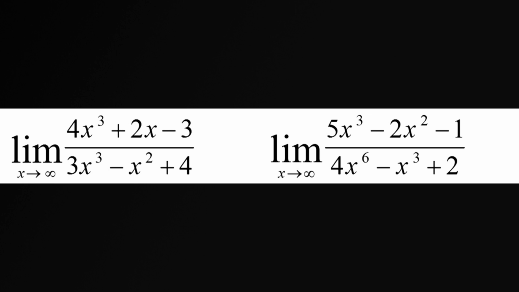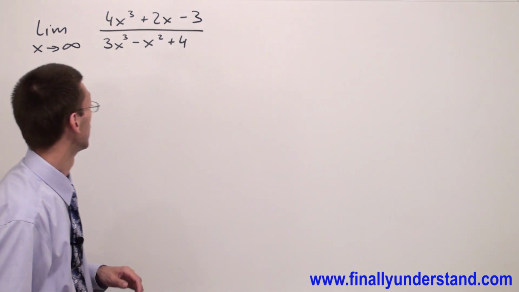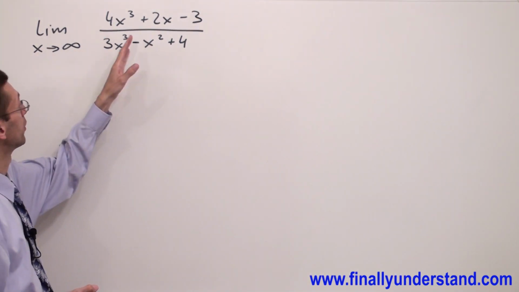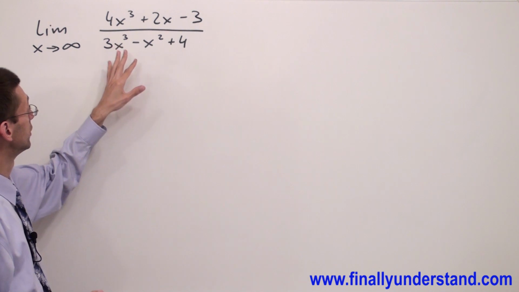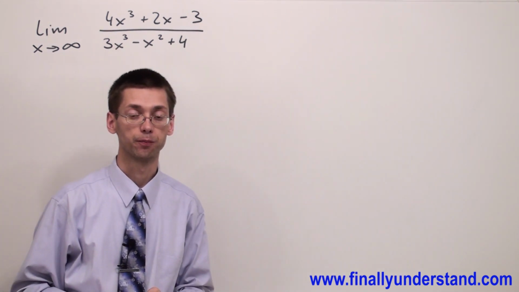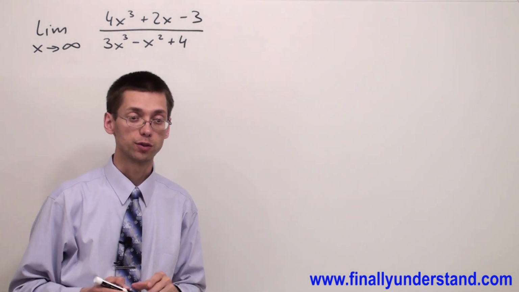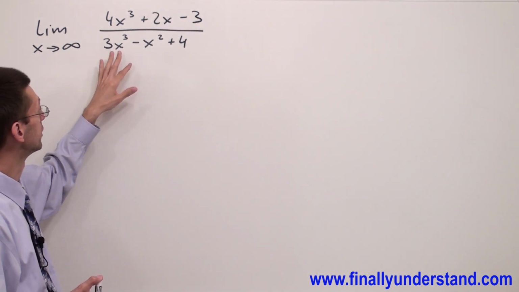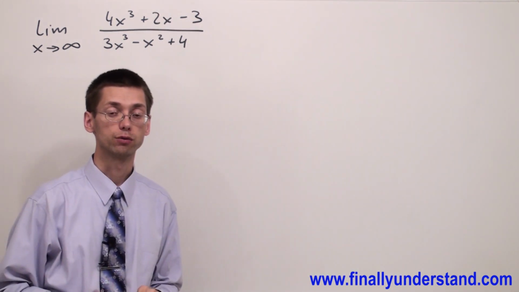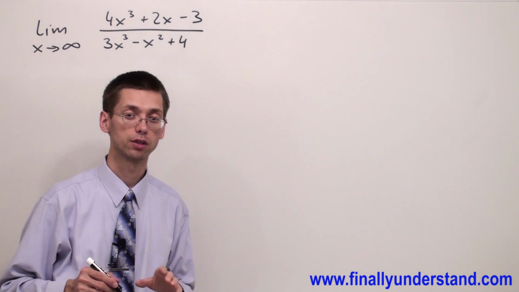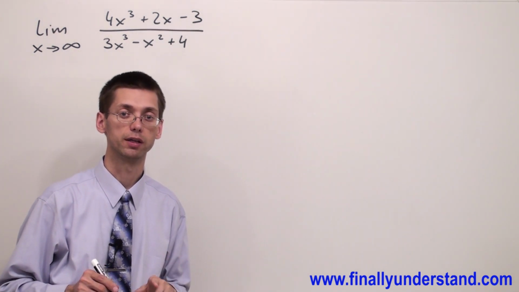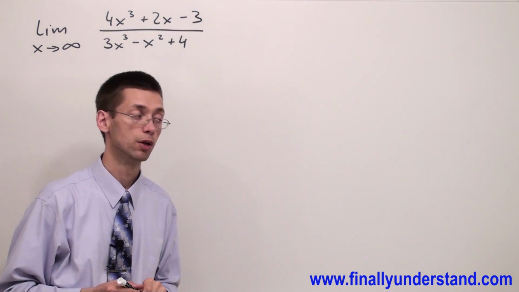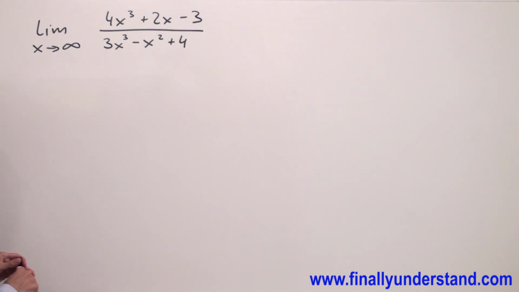Let's take a look at this example. This time we have limit with x approaching infinity. In the numerator we have a polynomial, and in the denominator we also have a polynomial. In order to solve this problem, you're supposed to always look at the variable with the highest exponent in the denominator first. You have to divide every single term in each polynomial in the numerator and denominator by that particular